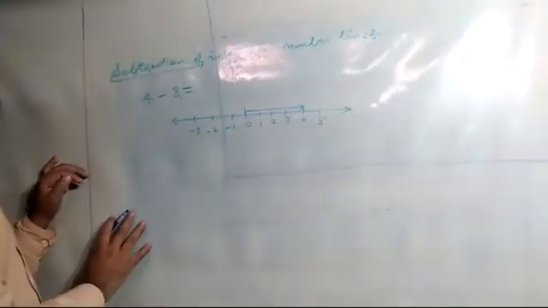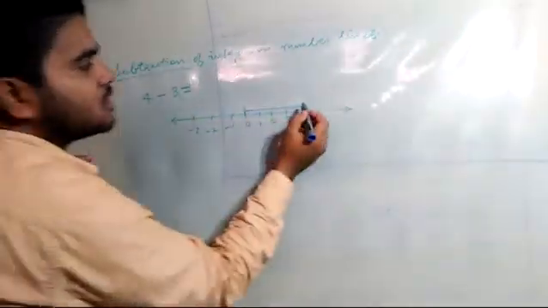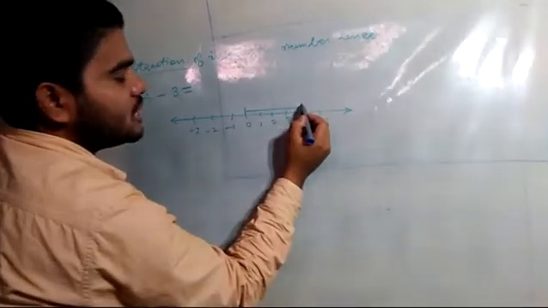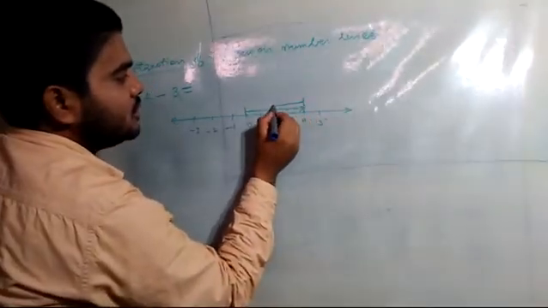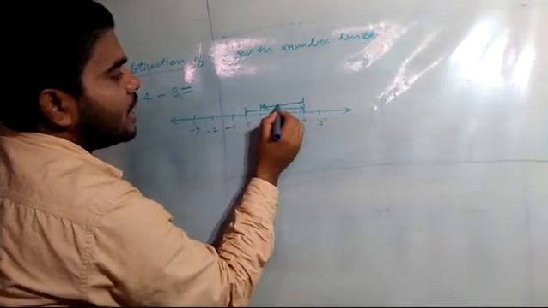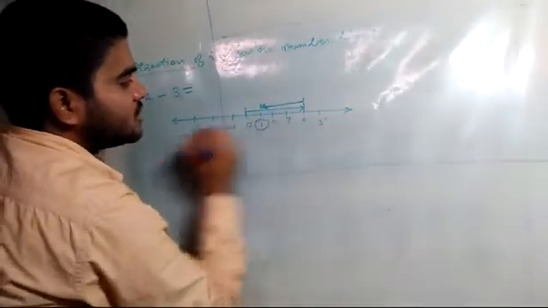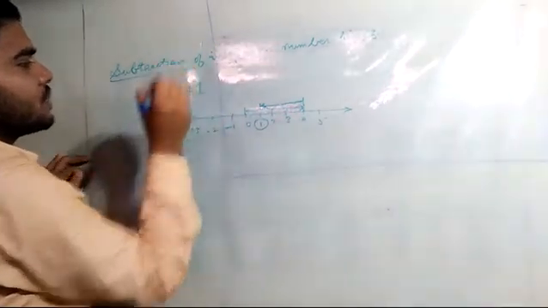How much we have to subtract? Positive 3 numbers. Now positive 3 numbers, subtraction is coming towards this. Addition means going towards right. So 1 unit, 2 unit, 3 unit. So my answer, my arrow will stop up to here. So what is my answer? Is equal to 1. Understood?